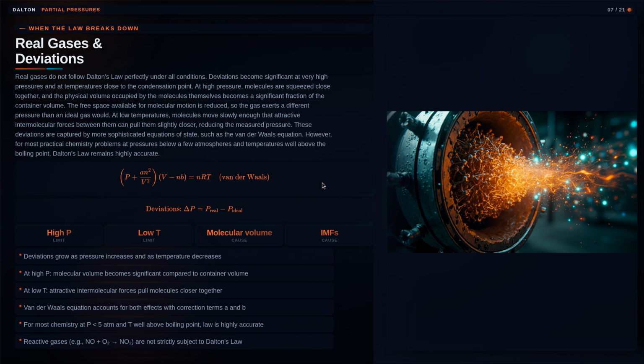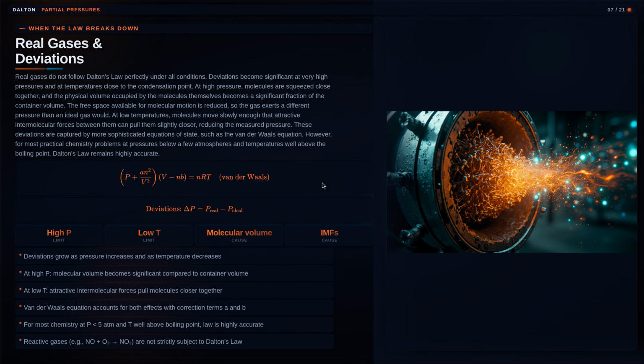Deviations become significant at very high pressures and at temperatures close to the condensation point. At high pressure, molecules are squeezed close together, and the physical volume occupied by the molecules themselves becomes a significant fraction of the container volume. The free space available for molecular motion is reduced, so the gas exerts a different pressure than an ideal gas